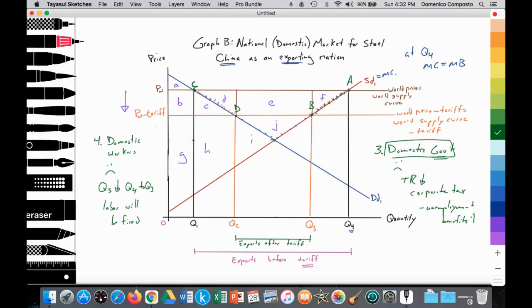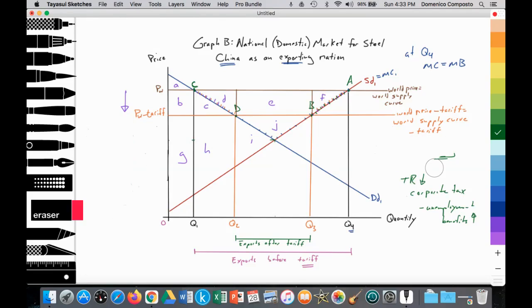Right? A greater expense for the Chinese government. They're getting less corporate taxes from the steel producers since they're producing less. And since there's more unemployment in the steel industry, the Chinese government will have to provide more unemployment benefits. So that's a negative for both the domestic worker and the domestic government. Okay. Now we can also mention how this impacts a foreign nation like the United States, and we've already seen that in the other video.